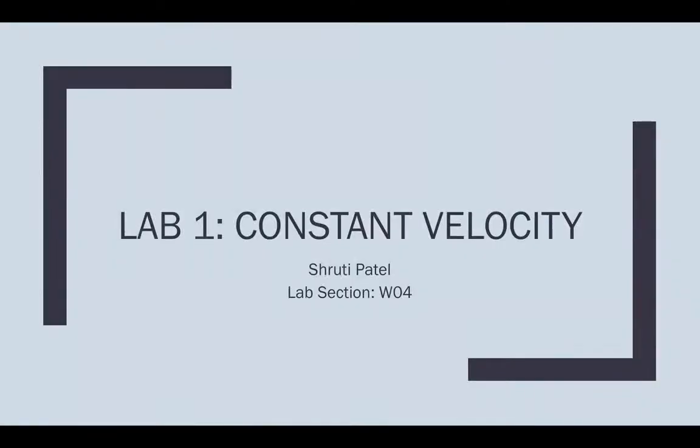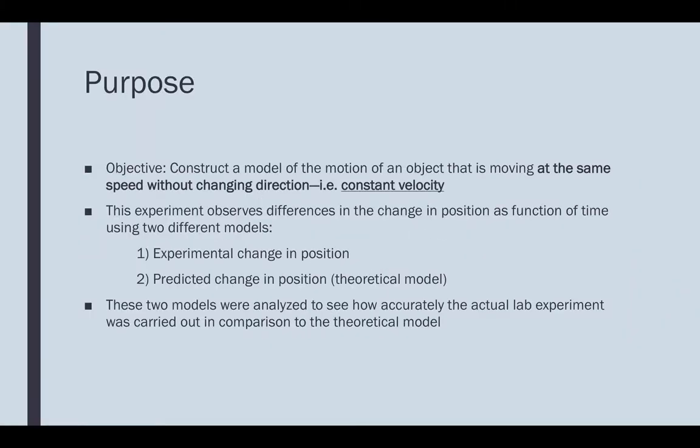In Lab 1, we discussed constant velocity motion. The purpose of this lab was to construct a model of the motion of an object that is moving at the same speed without changing direction, i.e. constant velocity. This experiment observes the differences in the change in position as a function of time using two different